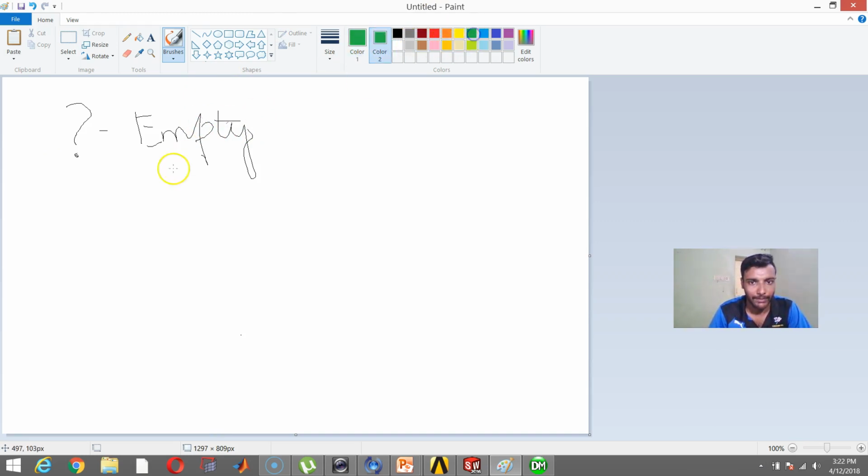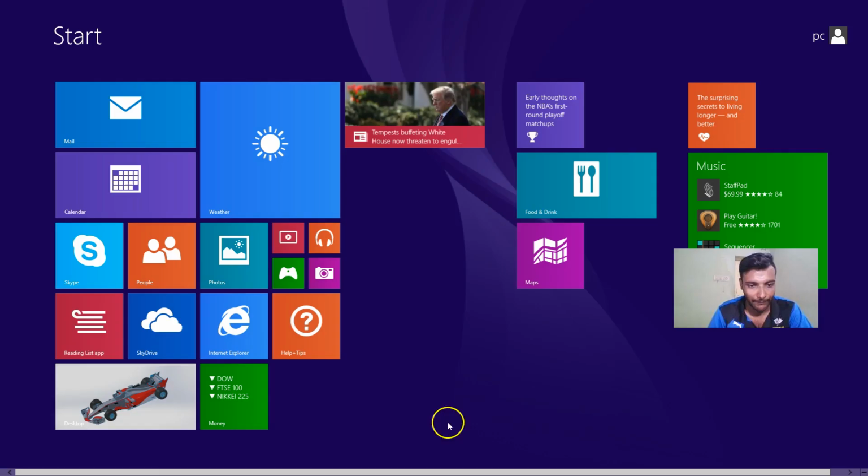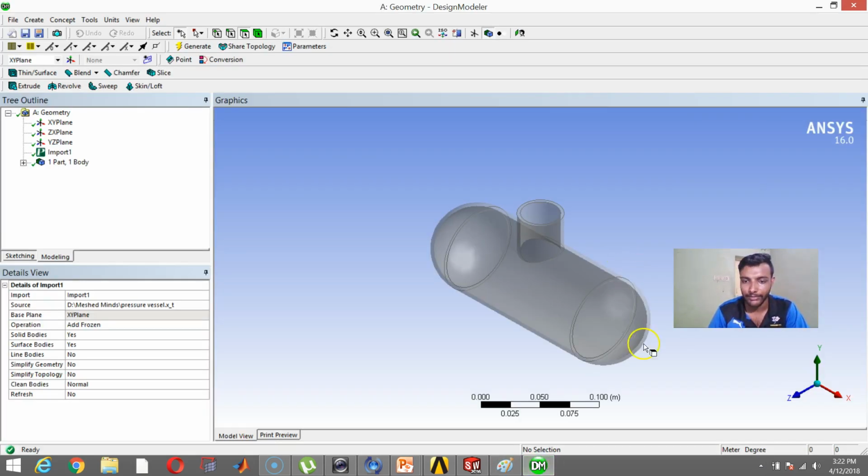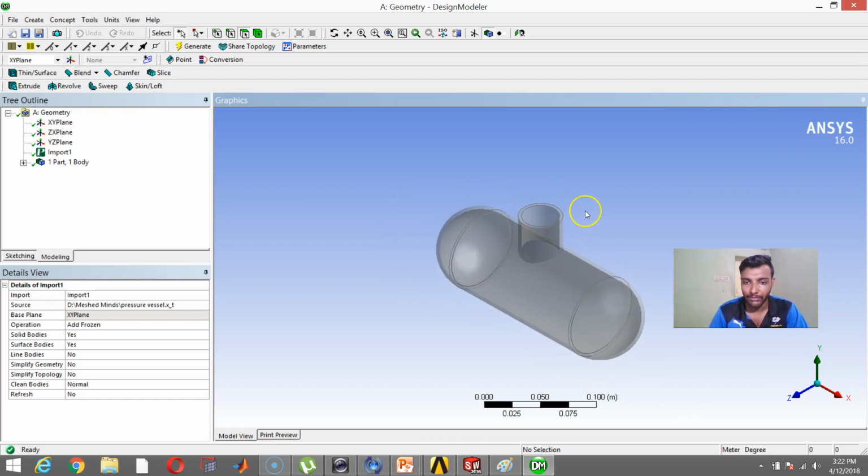This should also maybe be green. And a green tick, which means ready, right? So everything is okay. If there's a green tick, it means the model has been successfully brought in. Okay, so I'll go back to my design modeler, and let me now import